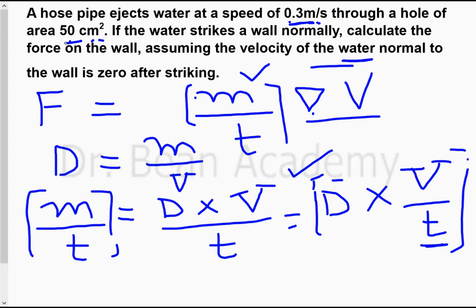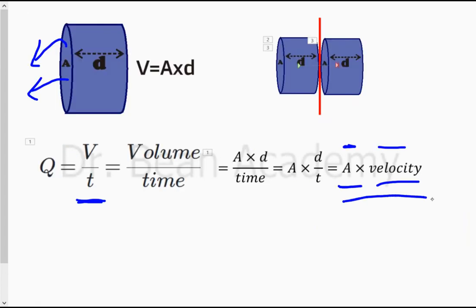So it means I can calculate m over t by multiplying the density of water, which I already know, it is 1000 kilogram per meter cube, and I can also calculate v over t, because v over t equals A into the velocity of water. I don't need to calculate area because area is already given. I just need to convert it into meter squared,